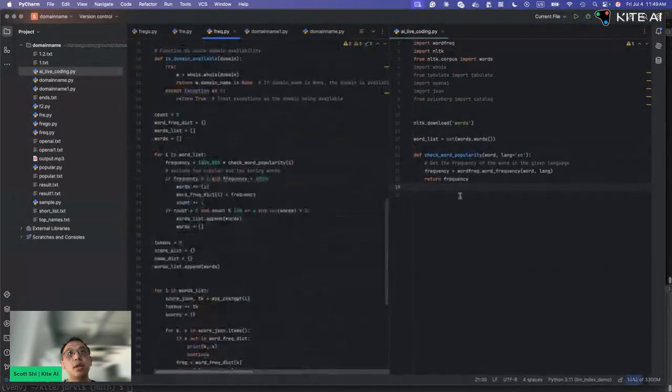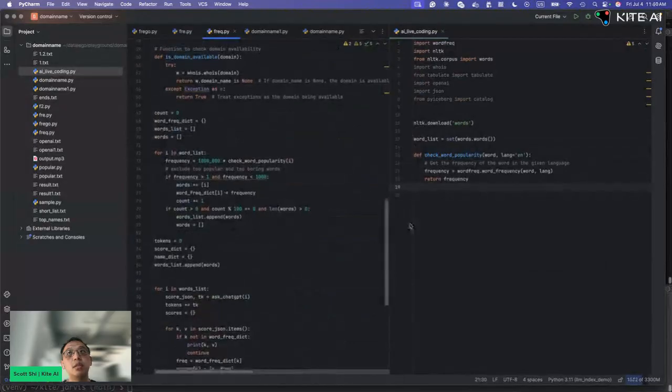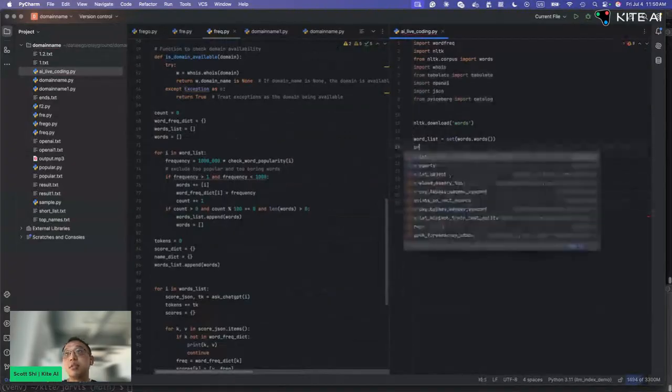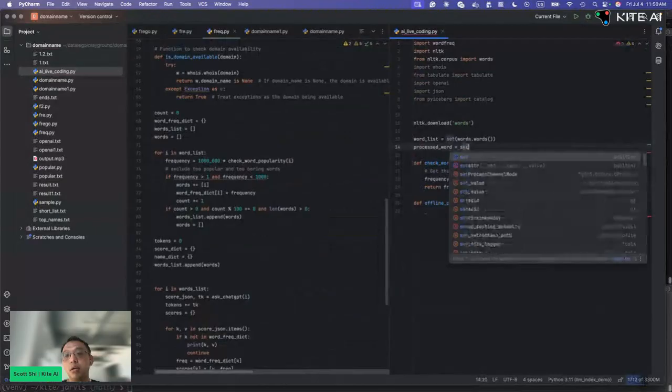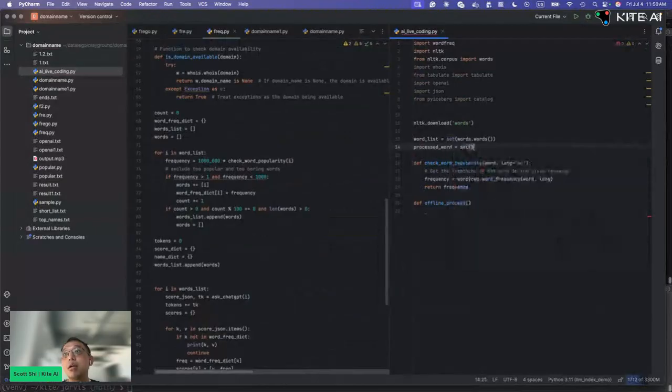I need a list of words. Filter. Okay, offline process. Let's do offline processing, and then we can have a process-the-word function. What offline processing does here is, for each word in the list,